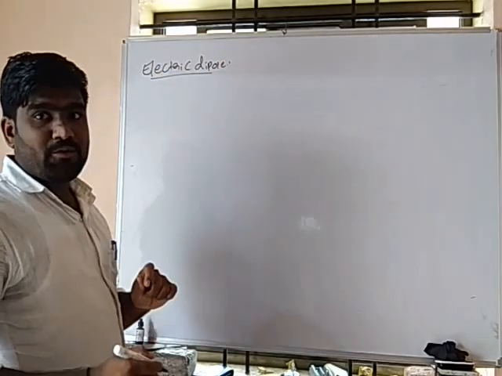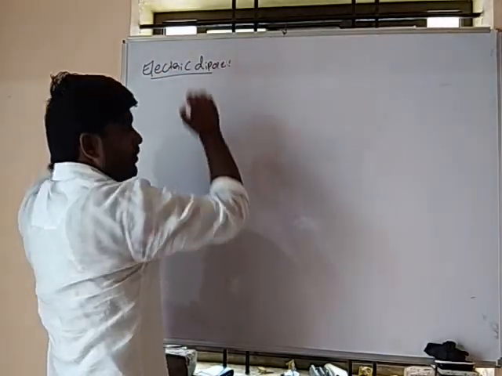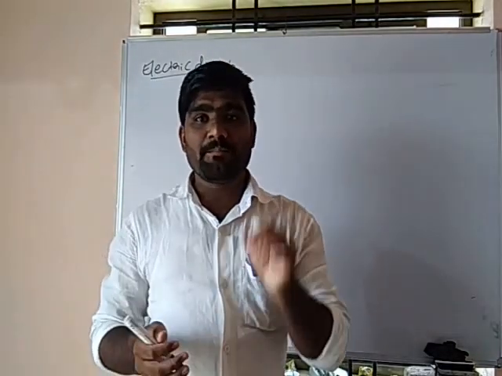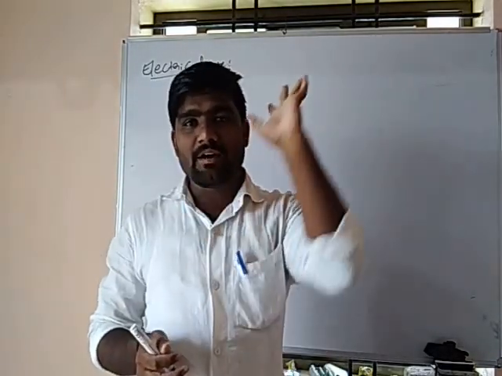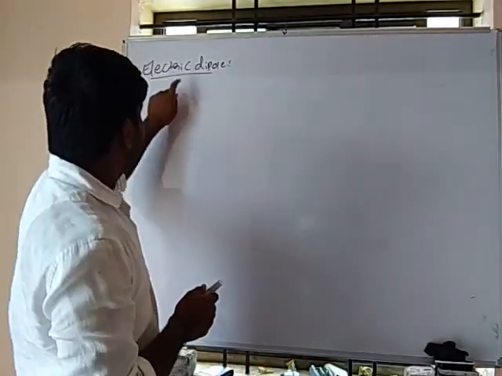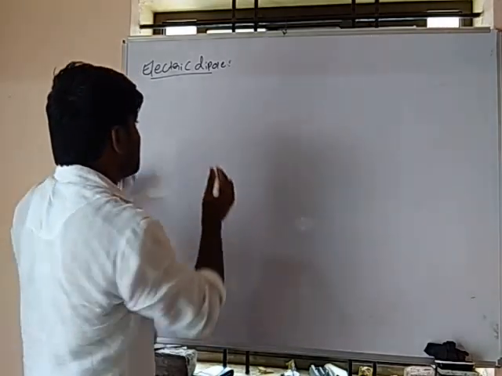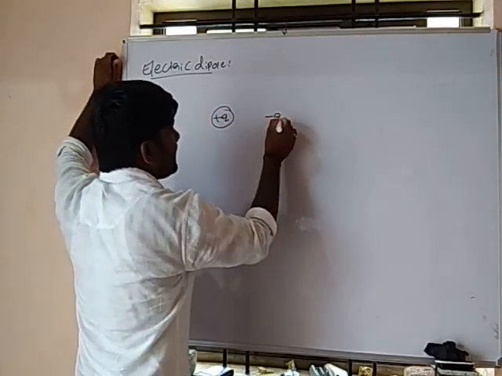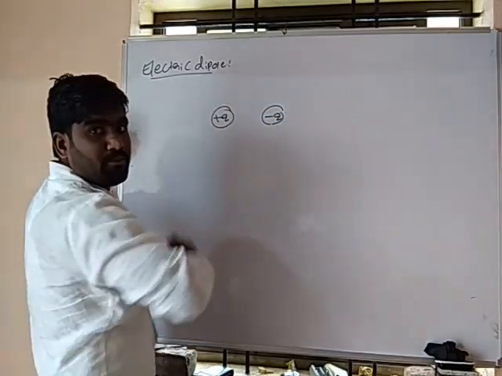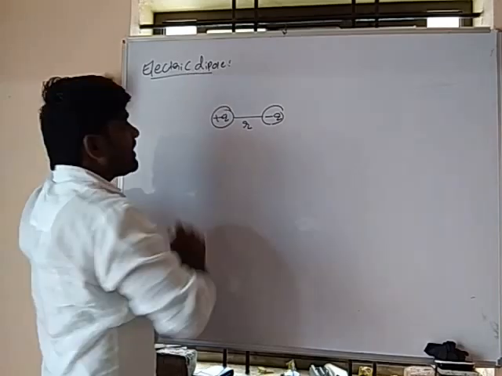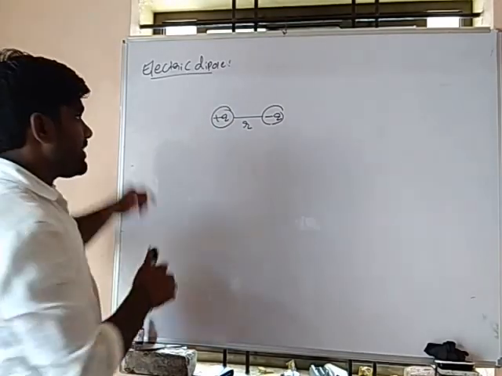What is electric dipole? An electric dipole is a pair of equal and opposite charges separated by a distance. See here, what I told, it is equal and opposite charges. Equal and opposite charges separated by a distance is called your electric dipole. For example,